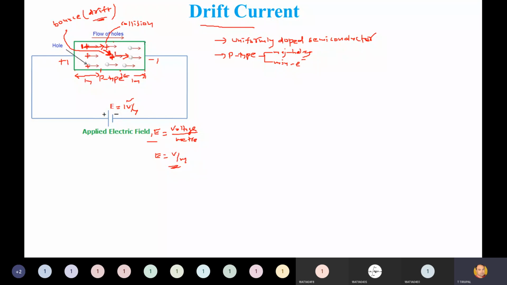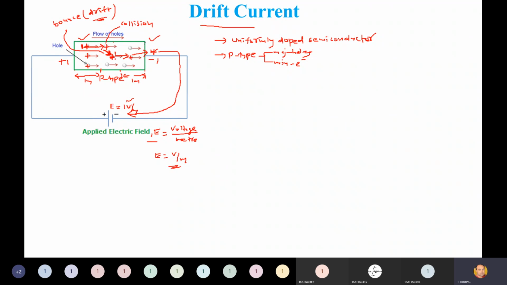Now this is where the first charge carrier is. Previously, this was the position of the first charge carrier; from here it has gone here, again it has drifted, and again it is colliding with this one. So the first hole is moving from this position to this position, and since this hole is a positively charged particle, it is attracted towards the negative side. As you see, the hole position is being changed from the first position to the last position.